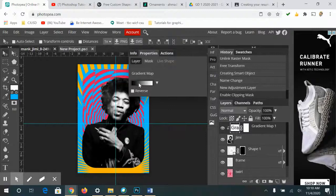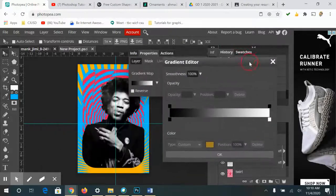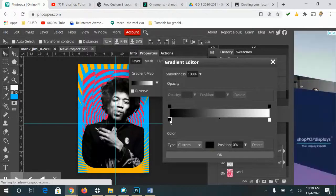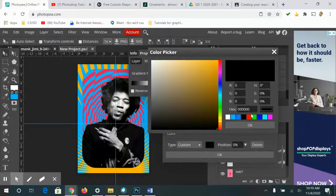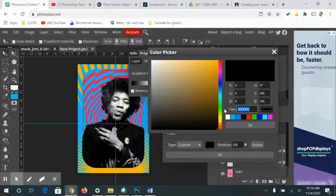Now I'm going to click in here and change these colors. This is a gradient. A gradient goes from one color to another gradually, or multiple colors. This one we're just going to do two. So I'm going to click on this box right here, double click, and change the color. I'm going to make this one the color of my background,